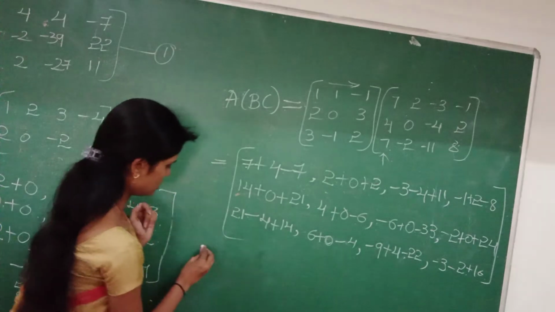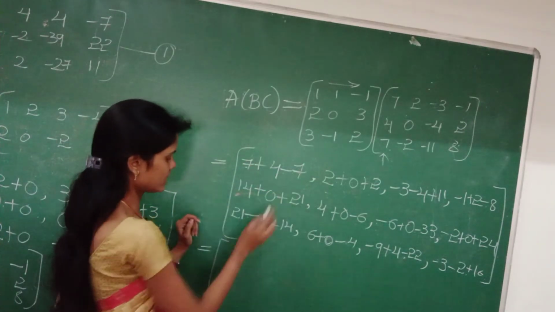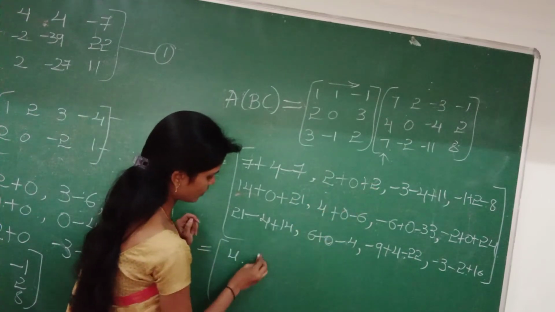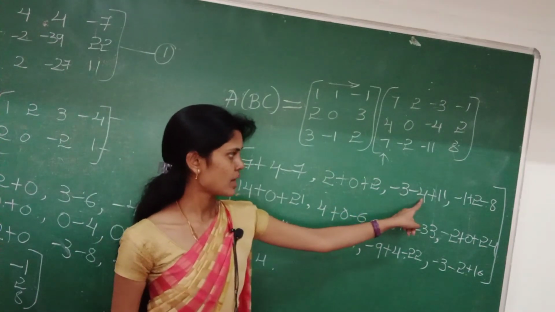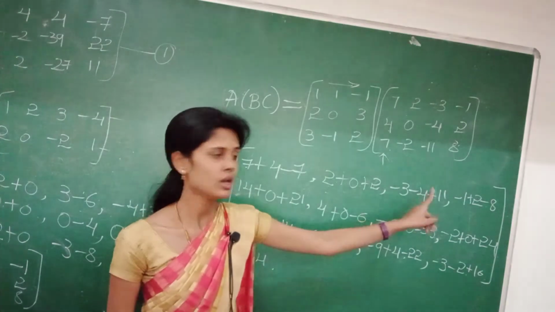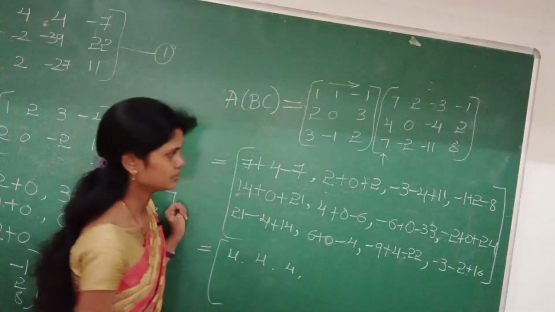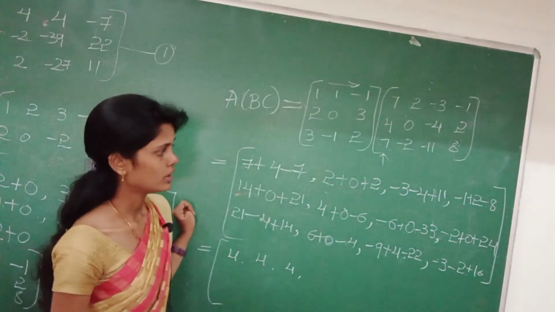Okay. Then add all the terms. Plus 7 minus 7 gets cancelled. What we left with? 4. 2 plus 2 it is 4. And here minus 3 minus 7 it is, sorry, minus 3 minus 4 it is minus 7. Plus 11 will be what? 4. That is minus 7 plus 11, 4. And